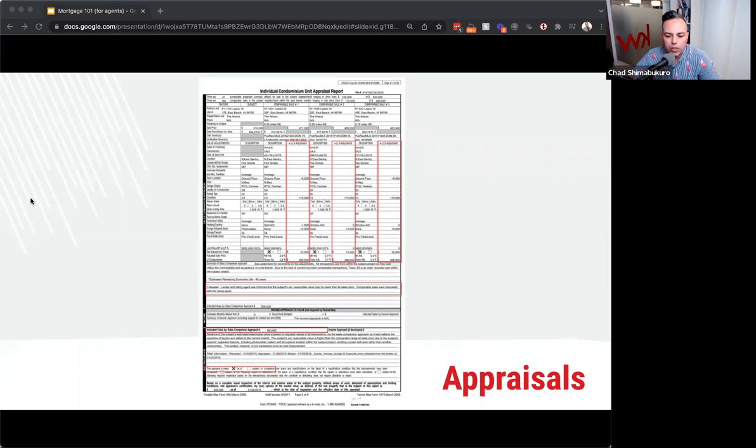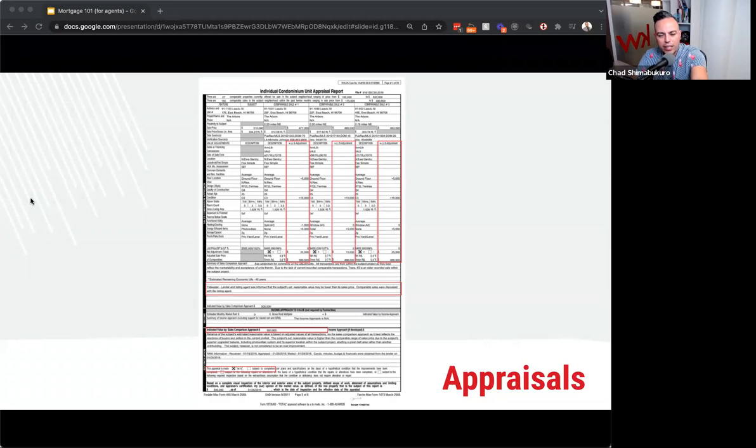So this next page here is just a snapshot. There's a bunch of pages in the appraisal report. This is just one of them. I just wanted to show you what it looks like. It's very confusing if you don't know what you're looking at. If you do know what you're looking at, it's pretty easy to say that on the left-hand side is the subject property. A subject property is the property that we're talking about that's in escrow, and it has the current sale price, how many bedrooms, the square footage, the condition of the property and all that kind of stuff down that column.